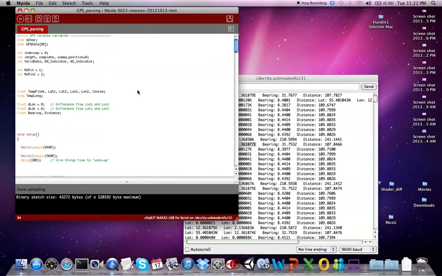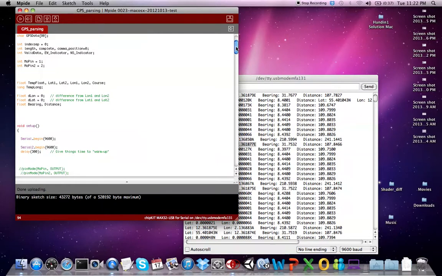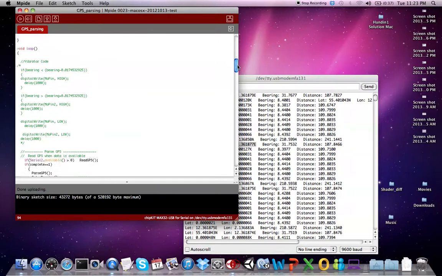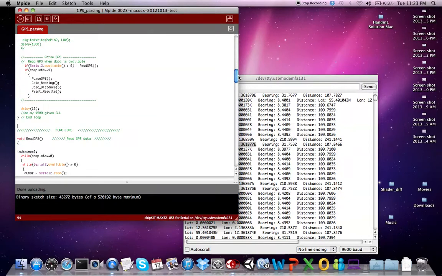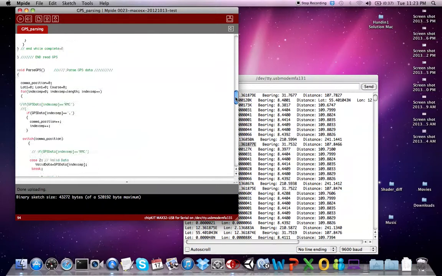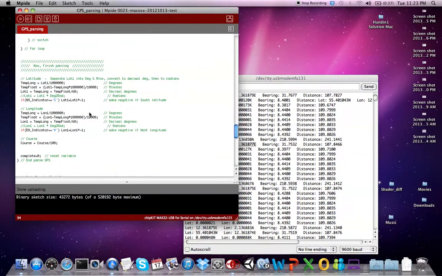But the program code, as I said, reads the GPS data, it parses the data, and then it does these calculations from a string to radians. Let me just go down to the calculation. It changes here the string input to degrees, minutes, decimal degrees, and then radians. And since the radians are used in the calculation with bearing and distance, it has been converted to radians for that reason. But we don't need that. We only need the decimal degrees.